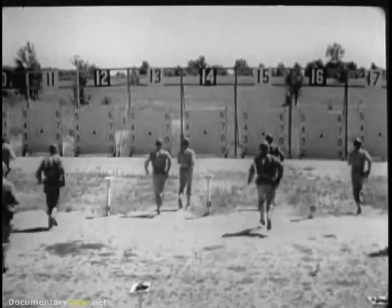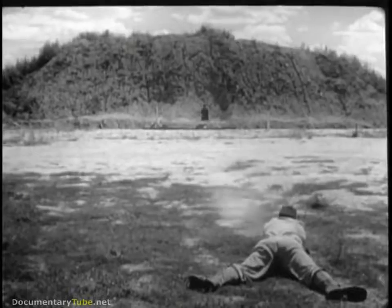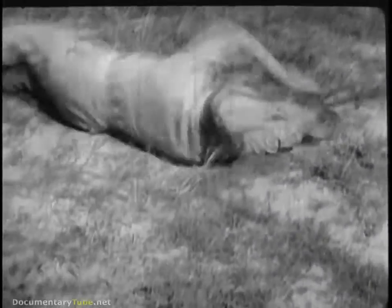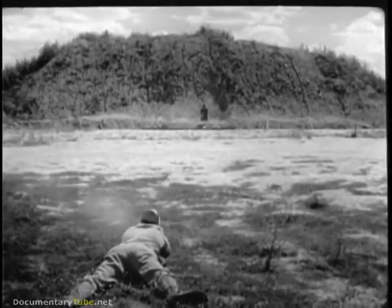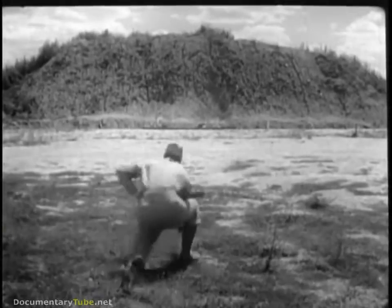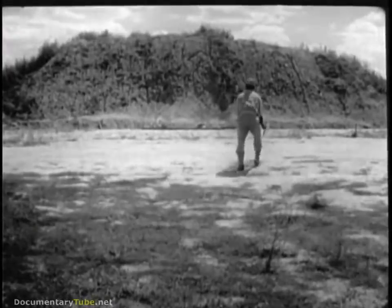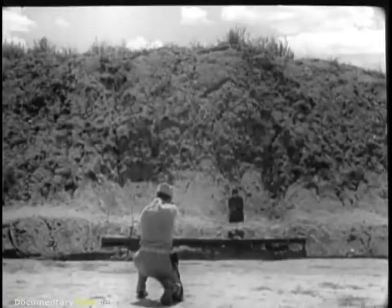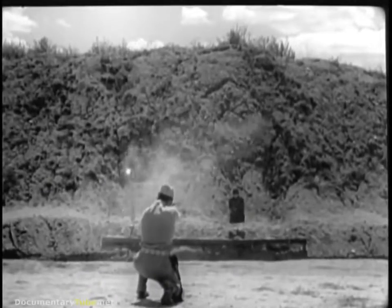To get the maximum out of his men, learn to shoot quickly and accurately from any one of the three basic firing positions. From the prone position, they learn to score hits on a pair of bobbing targets at over 50 yards. Moving up to 25 yards and assuming the kneeling position, they'll be able to do the same thing. In combat firing, a two...